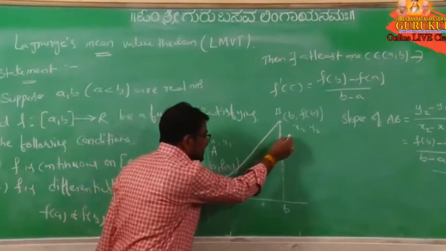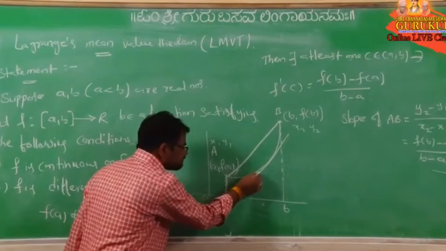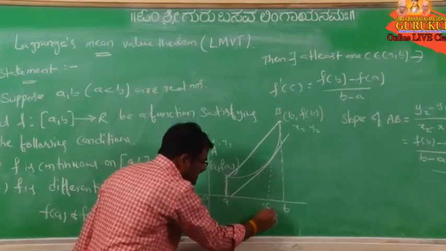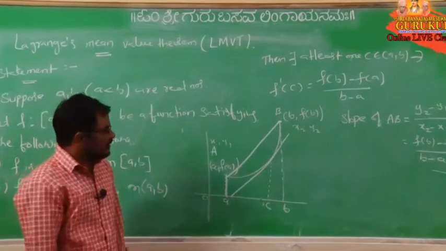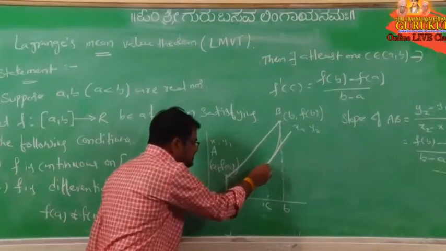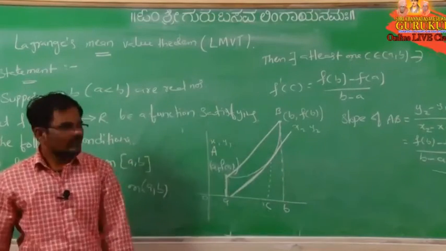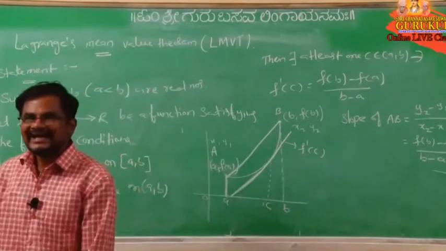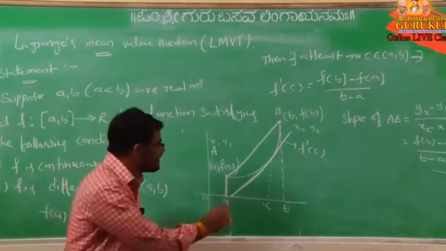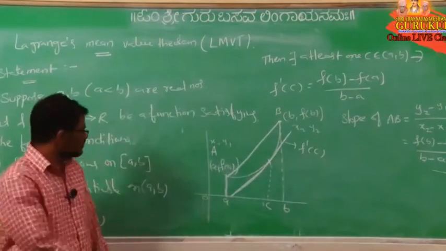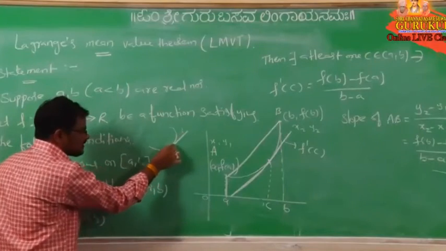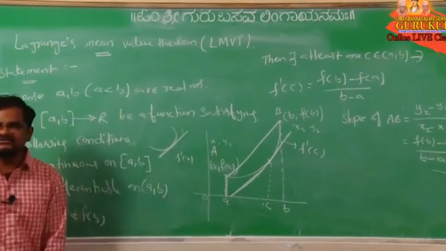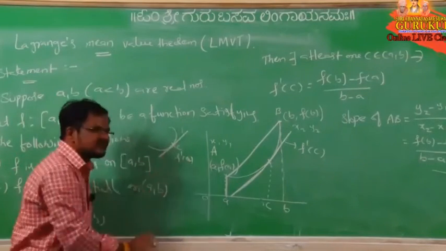Now here to here I will take one tangent. Here one point I will take, that as C. This is the tangent, and we just discussed what is the slope of the tangent to the curve. It is denoted by f dash of c, at which point? C point. So this is the curve, and this is the tangent to the curve. What is the slope of the tangent? It is denoted by f dash of x, and if you take one point here, f dash of c.